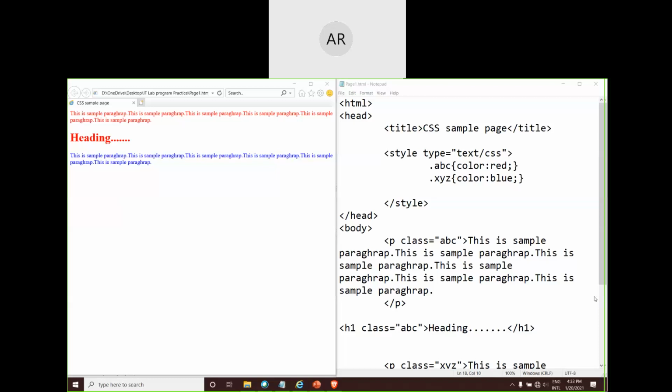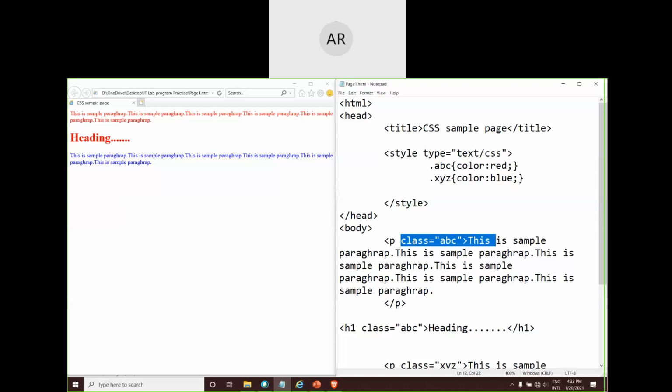So, what we are discussing here is if I want to bunch together two or more tags, then I can club them together to apply the same styling using a class attribute. Whereas the ID attribute was having the same impact, but its main purpose was to give an identification to a specific tag. Clear now? So what is the class and what is the identifier ID? It's very simple. Both are attributes. ID is also an attribute, class is also an attribute.